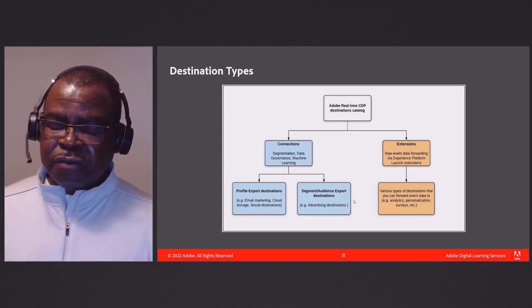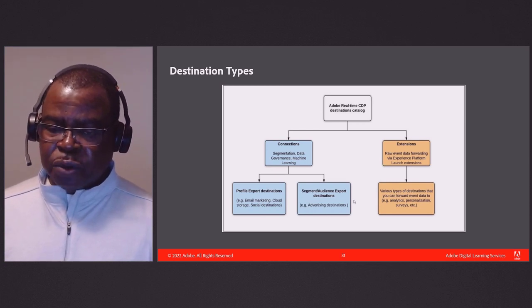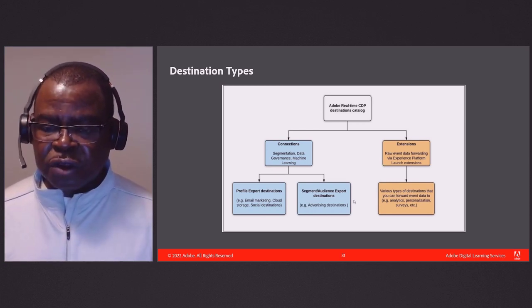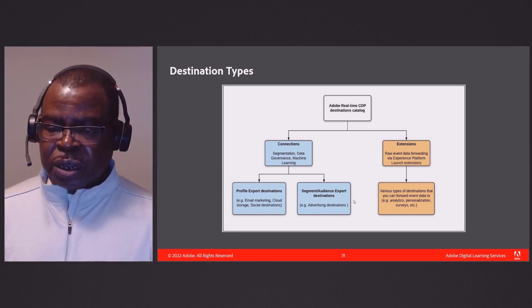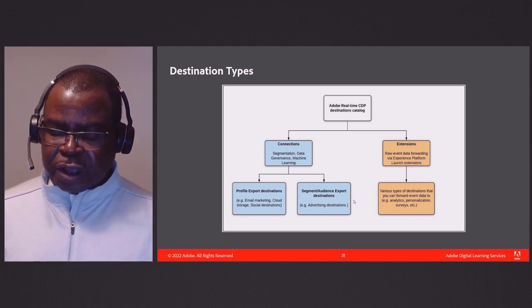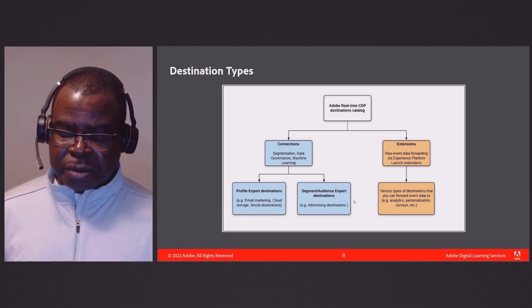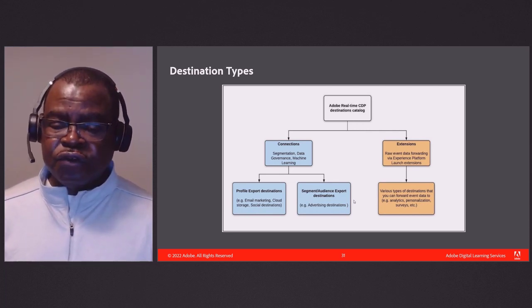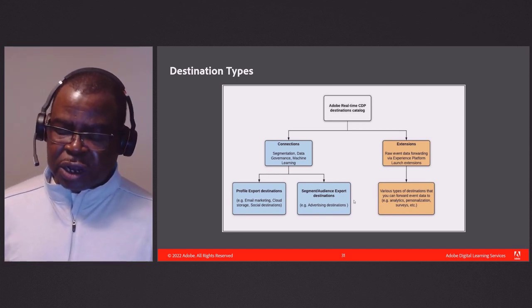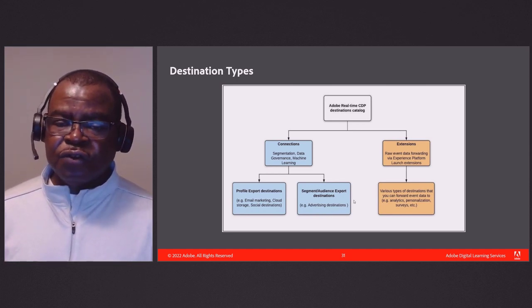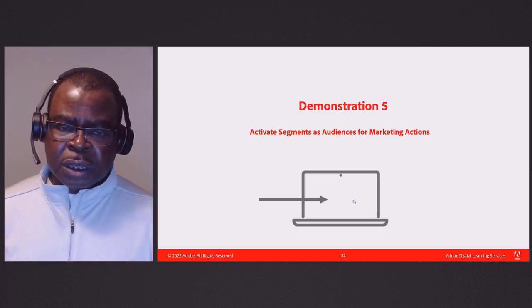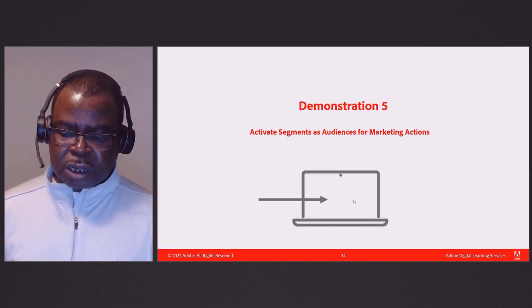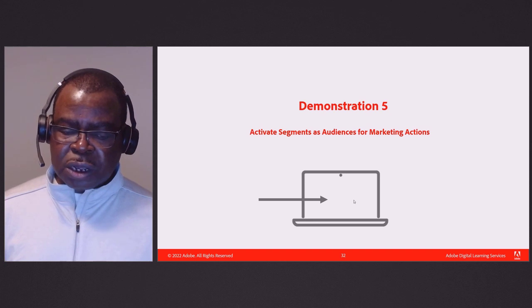But those that are not natively integrated, particularly those that are both Adobe and non-Adobe destination types, you need to configure data collection extensions, and you also need to create a property tag that allows you to define what type of information you want to collect and how you're going to send it out to your destination of your choice. So the last mile for our end-to-end managing data with the platform is we've created segments